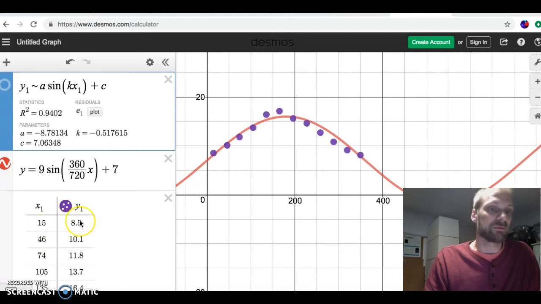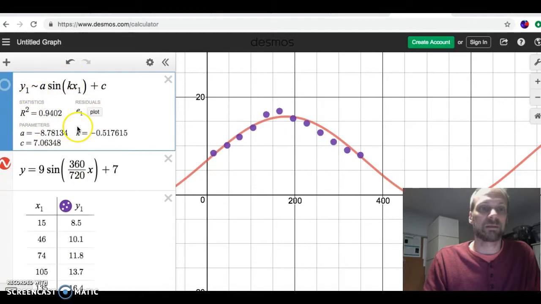So January 15th had 8.5 hours of daylight. February 15th actually had 10.1 hours of daylight, and so on and so forth. So the X's are the days of the year, and the Y's are the hours of sunlight. And so if you look at this graph, you need to be able to interpret what these numbers mean that